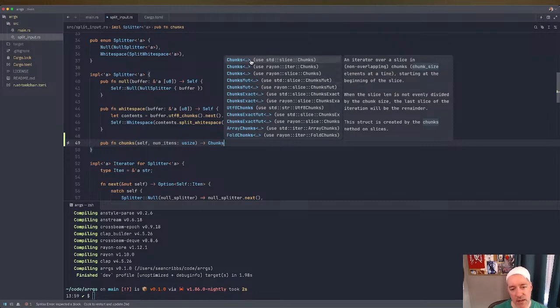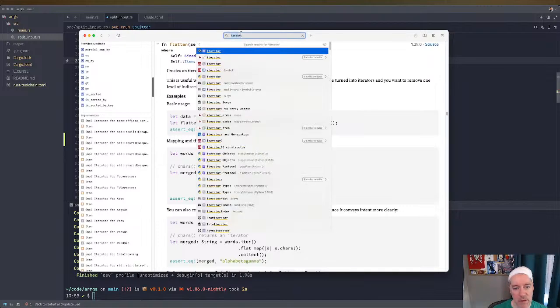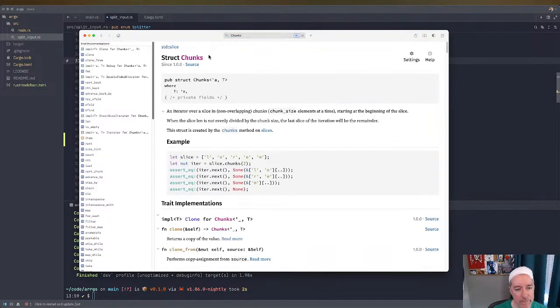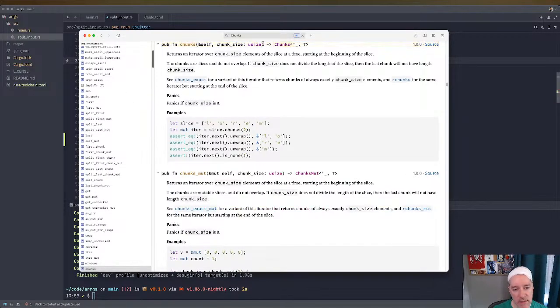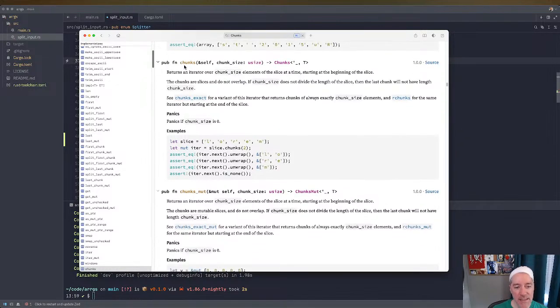Interesting. There's slice chunks. I don't think that we can directly construct that. That would be sweet if we could. Yeah, it's created by the chunks method on slices, which is exactly what we want. The thing is, why this... okay, so I think I understand why